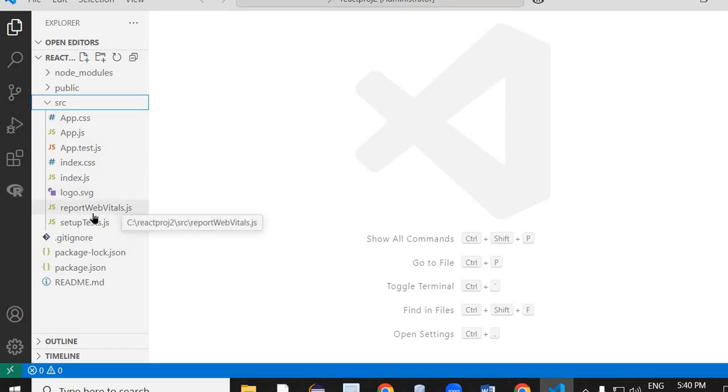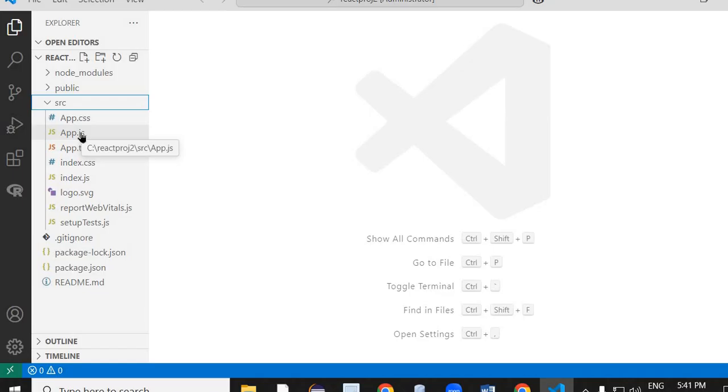Then reportWebVitals.js. There are many other files here, but the important ones where we are to concentrate are index.js, which will be your starting file, and App.js, which is the main file for running your React.js